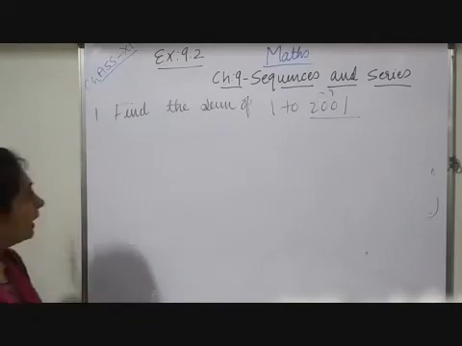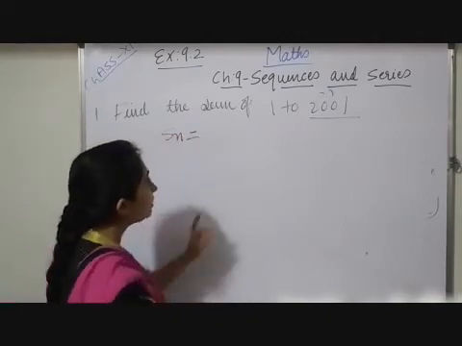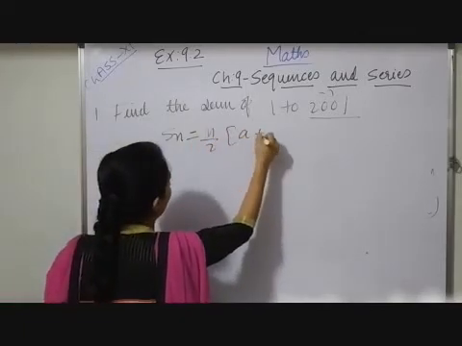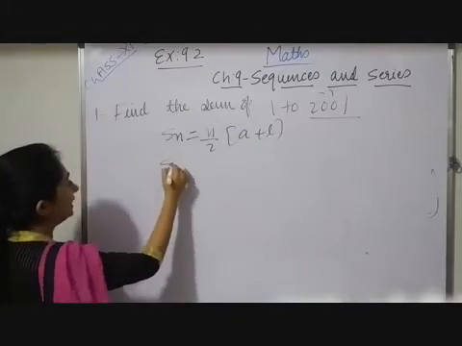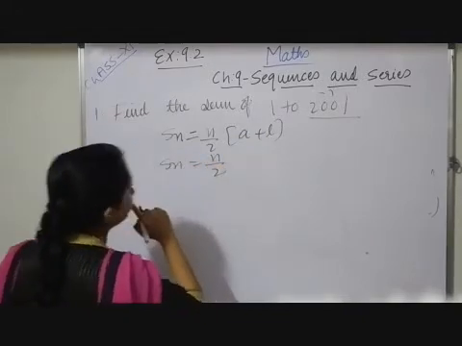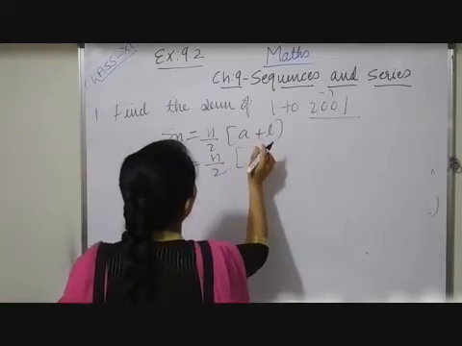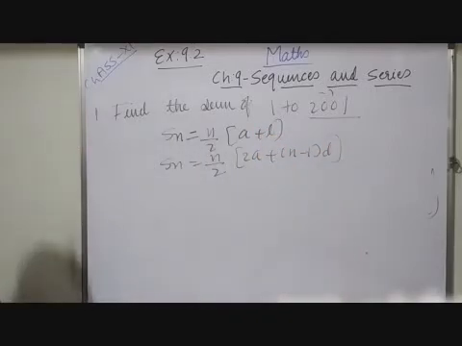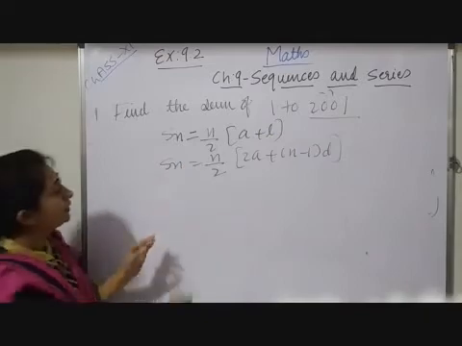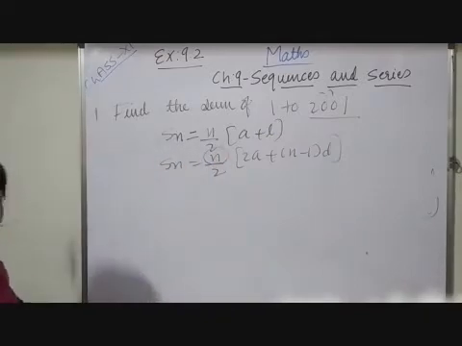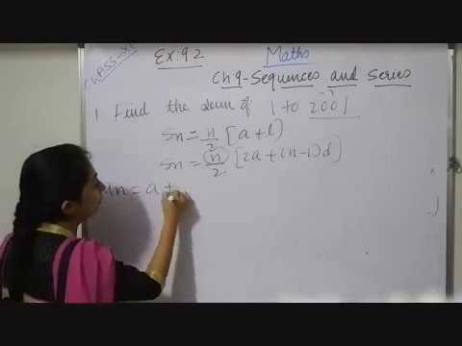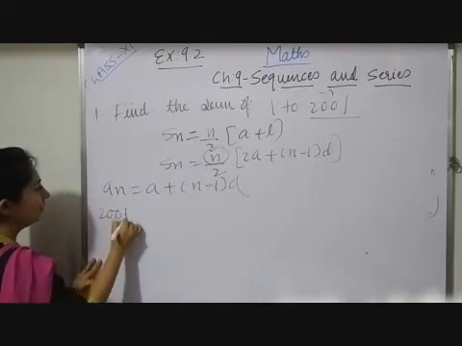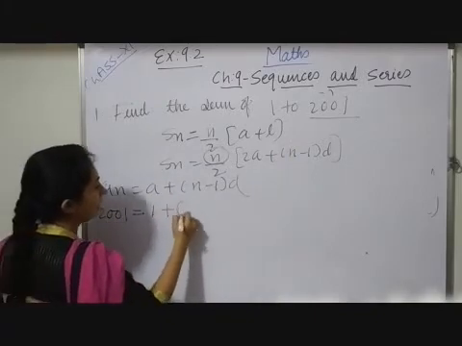So obviously we have to apply the Sn formula. But what is the Sn formula? When we know the first term and the last term, we can apply Sn equals n by 2 into (a plus L), or you can apply Sn equals n by 2 into (2a plus (n minus 1) into d). Here n is unknown, so first of all I have to find n. So an equals a plus (n minus 1) into d. An means the last term, that is 2001, which equals a, the first term 1, plus (n minus 1)